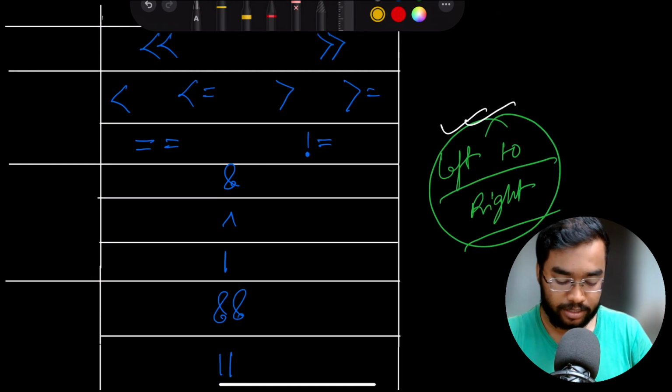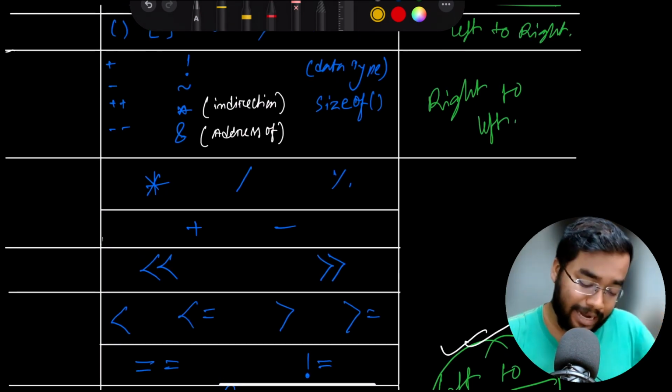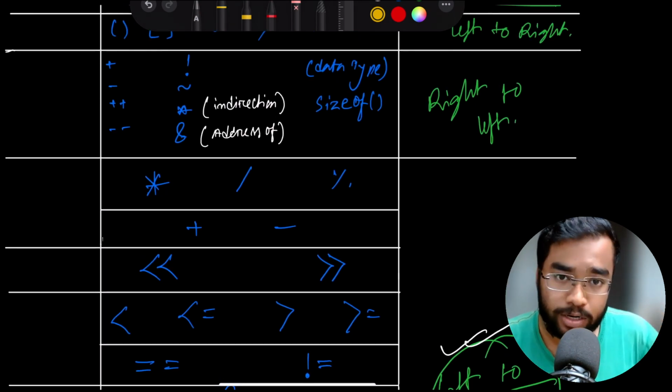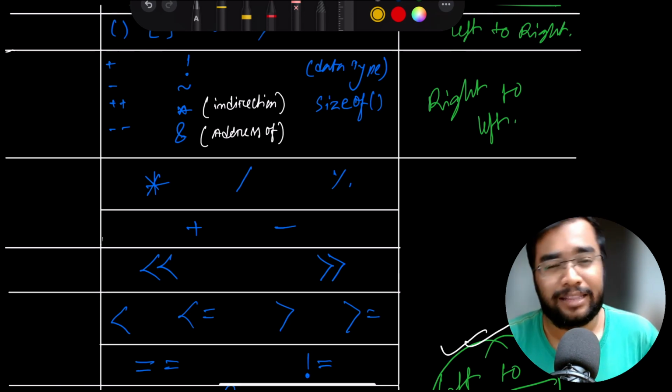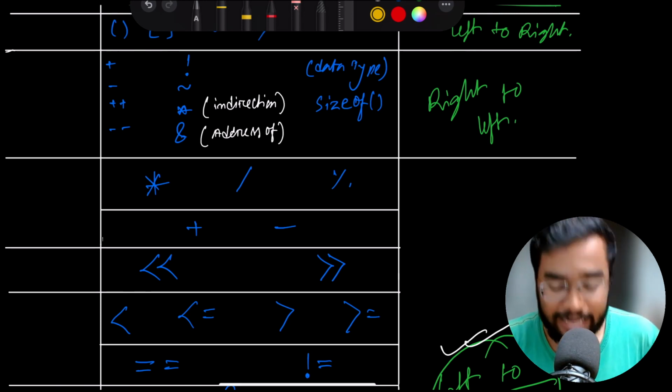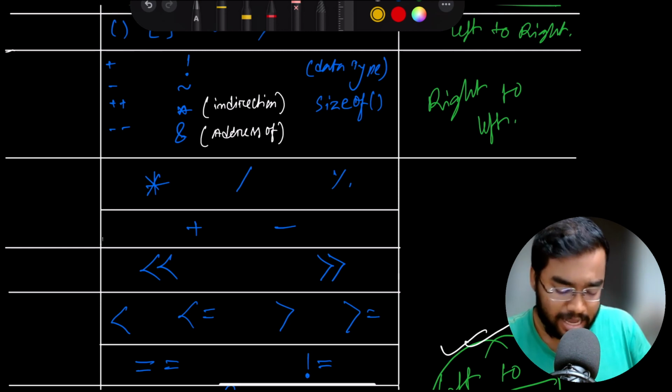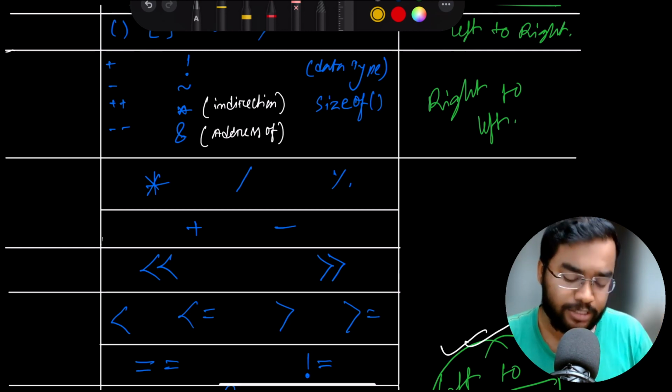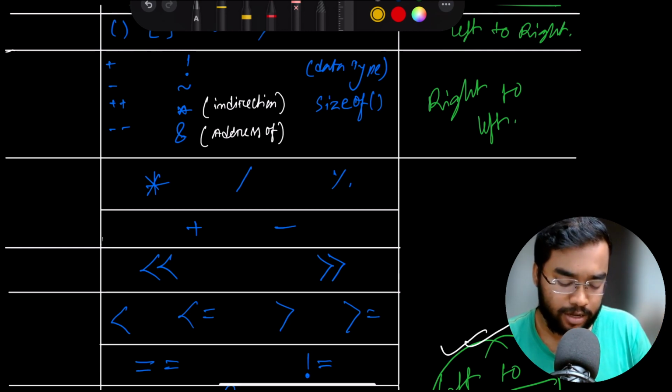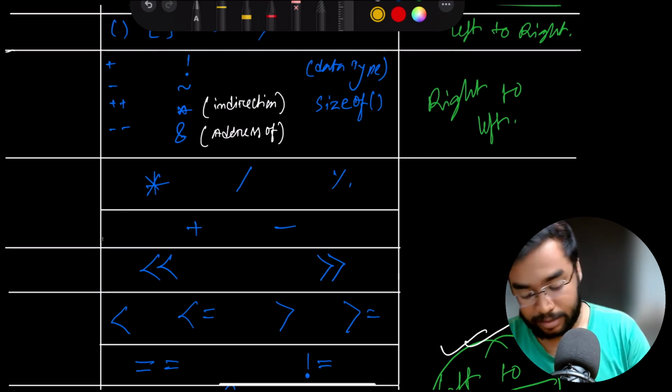There is a big chart. It is how to remember. Okay, for that I am showing you a very shortcut way. I don't think that you will find this technique anywhere on the internet. I guess it would be much more beneficial if you could remember that technique rather than remembering all the things